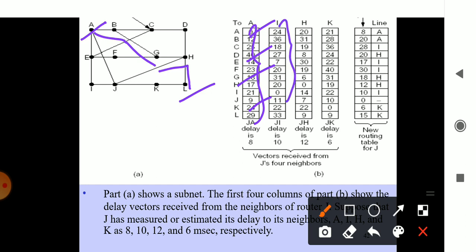Next time, whichever data is there, it gets traveled, it moves. In the same way A to H, whatever information it travels, it will be noted down. B to H it may be, C to H it may be, whatever it is. It travels the information with each and every end.